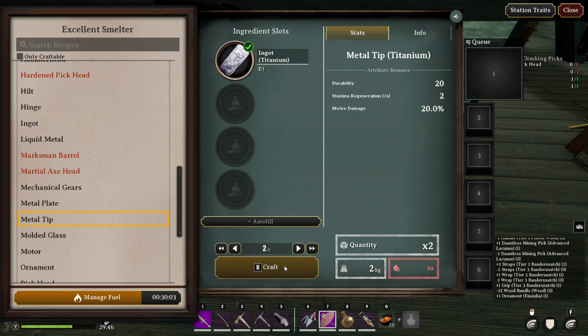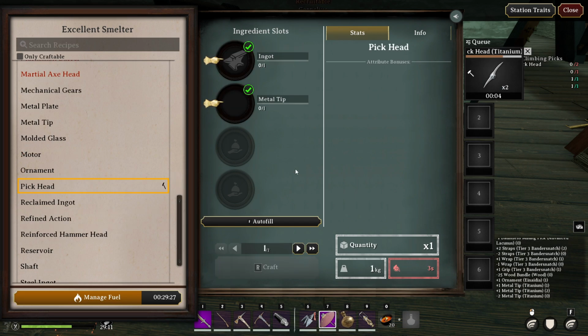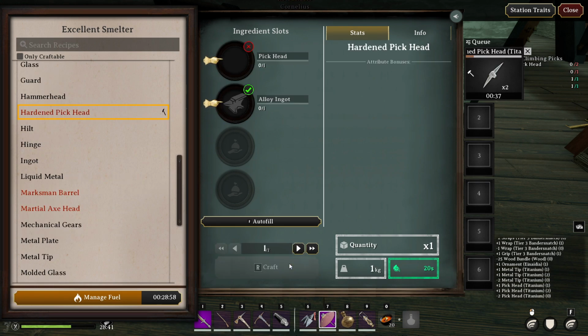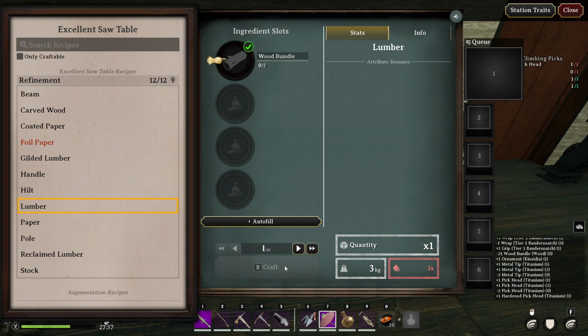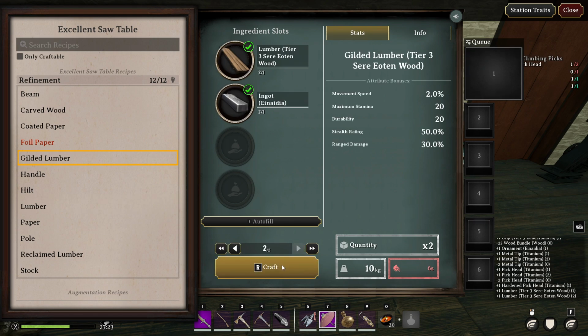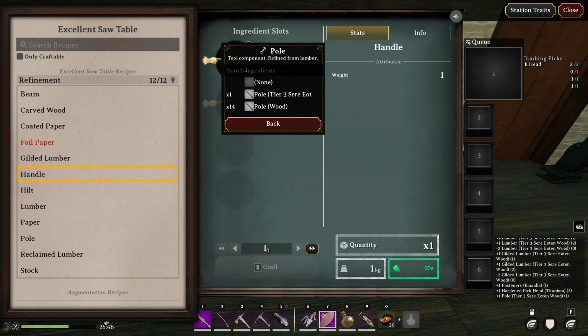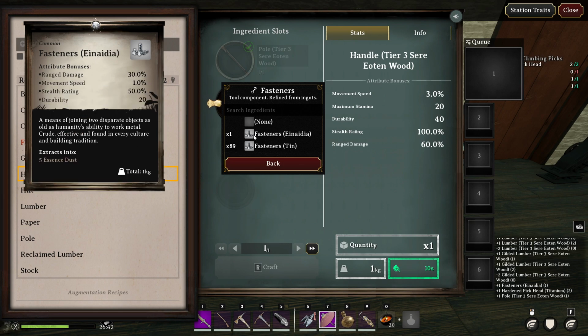We'll then make our pickheads out of titanium for the metal tips and ingots. Then we'll make our hardened pickheads with bronze. Then we'll use the Seer Eoten wood for the speed boost and gild that with more Anidia. Turn that gilded wood into a pole and combine that with some fasteners made from Anidia, and our last weapon